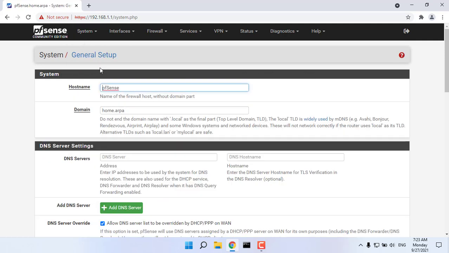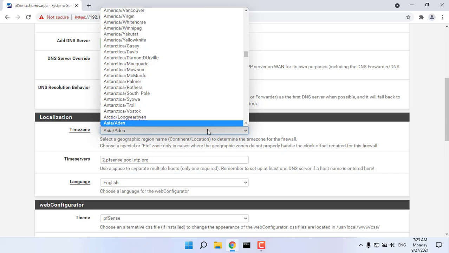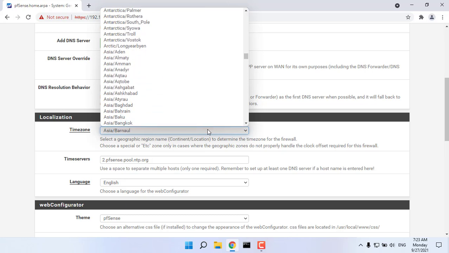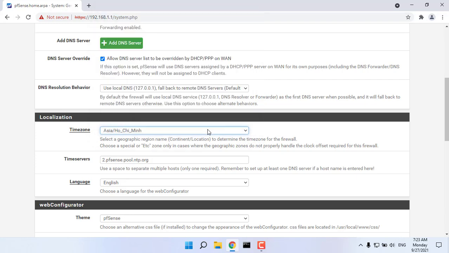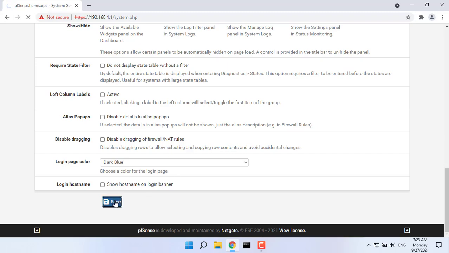In this video, you will learn how to set up remote access to your network using OpenVPN on pfSense. You need to update the correct time zone for pfSense. Since pfSense is open source and available for free, this project won't cost you anything to complete.